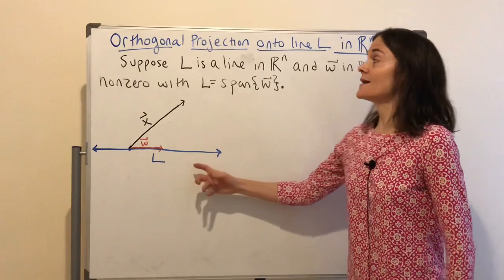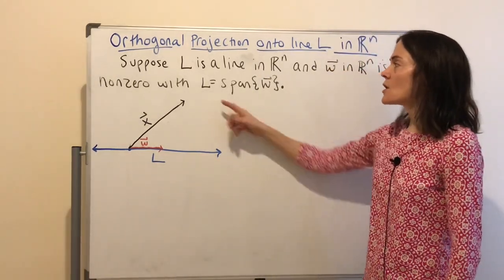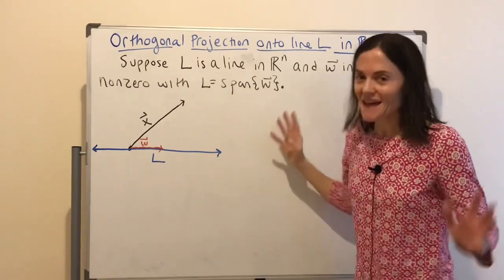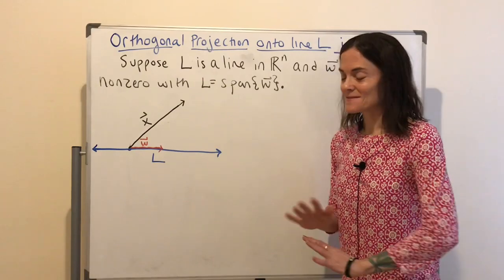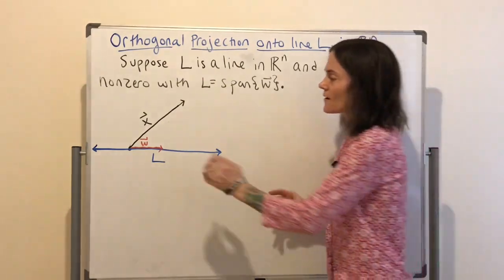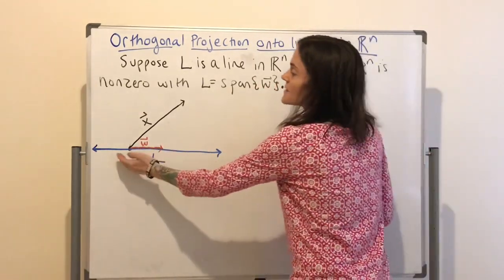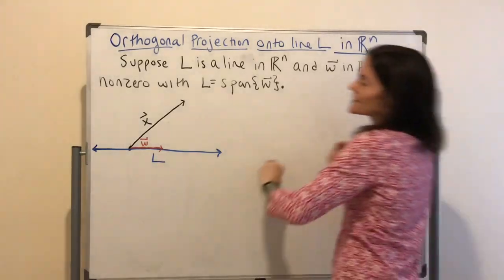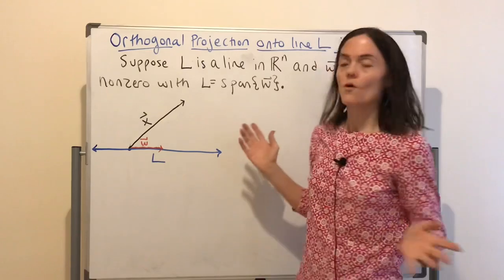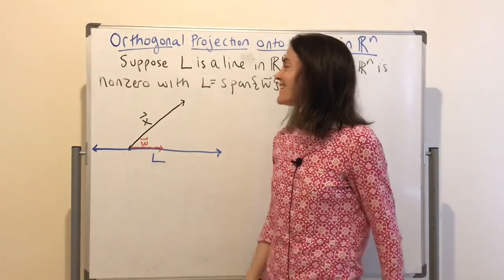So we have a line L. Here it is in blue. And w is some non-zero vector. What does this mean? L is the span of w. This span is terminology we will get more into later, but what it means is you take all multiples. Okay, so here is w in red. If I take positive multiples of w, I go out in this direction. If I took negative multiples of w, I go out in this direction, and it fills out the whole line. This point here is sort of my origin, okay?